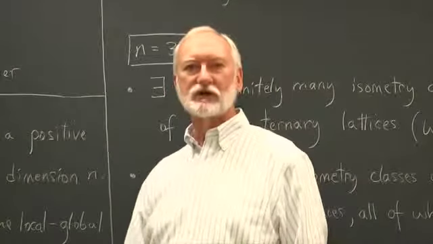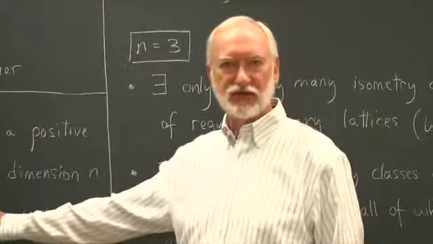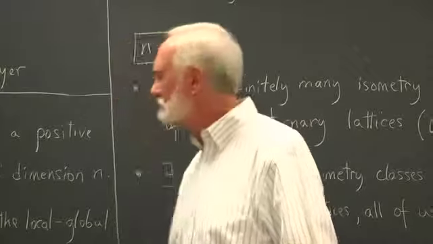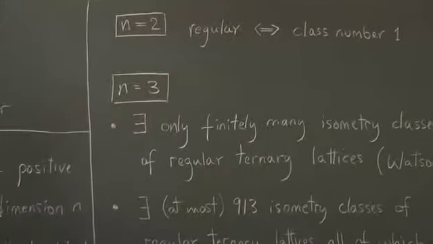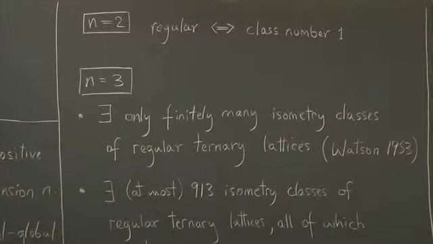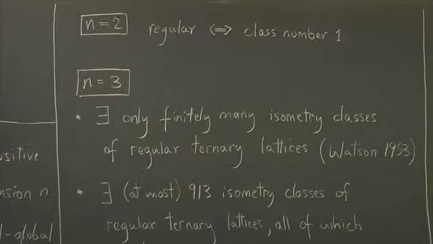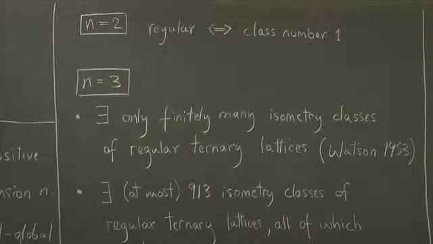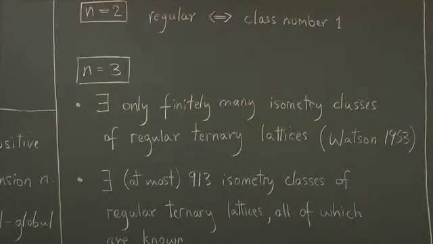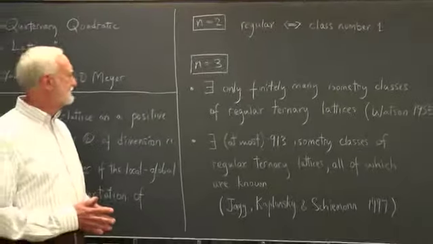So, in particular, every lattice of class number 1 has this property of regularity, but it turns out that the converse is not true. In the case when n is equal to 2, it follows from classical results on binary quadratic forms that regularity is equivalent in that case to the condition of class number 1. So the first case where something new and interesting occurs is when n is equal to 3.